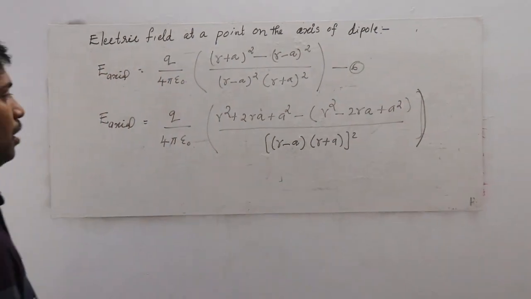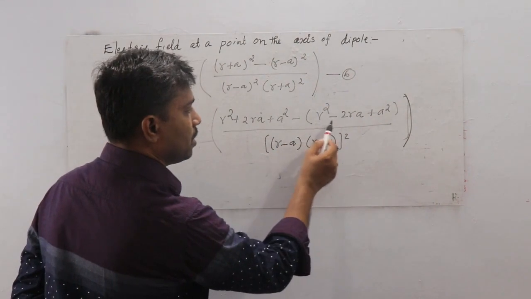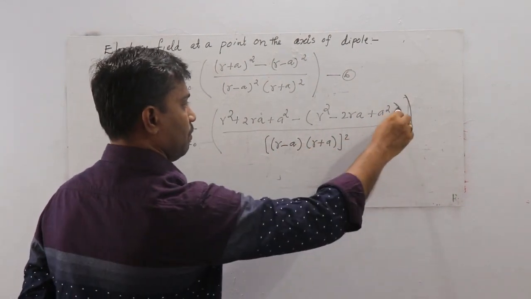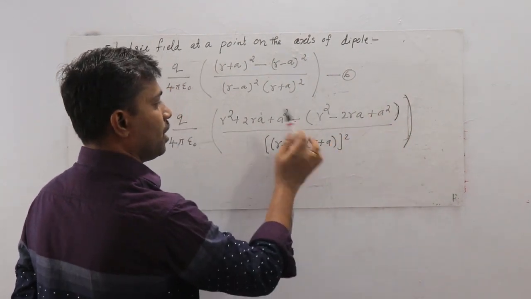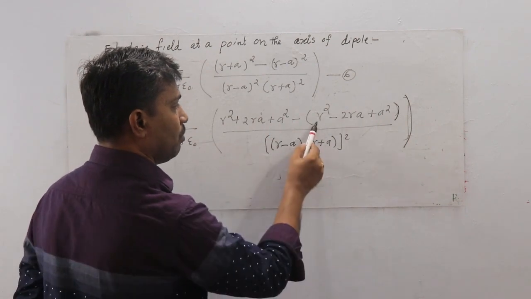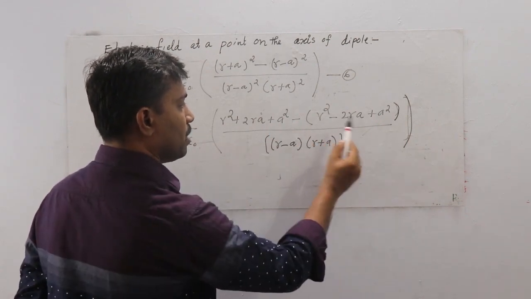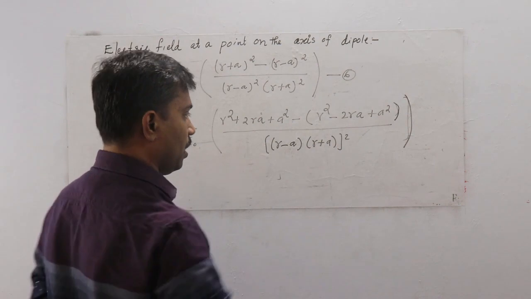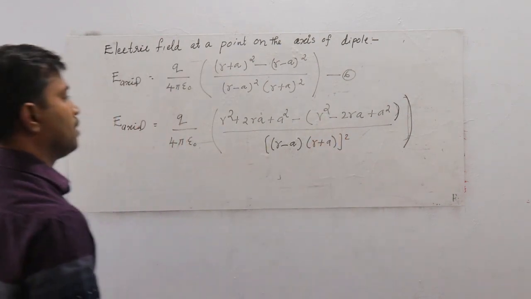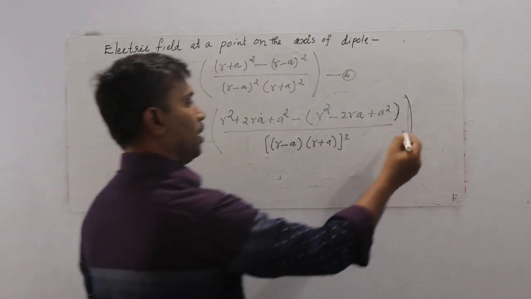Okay. Here, when we are taking this negative sign inside the bracket, here it becomes minus R square, this becomes plus, and this also minus R square. Then solving this equation number 7,